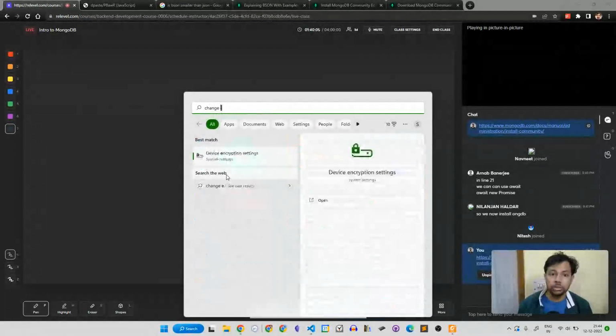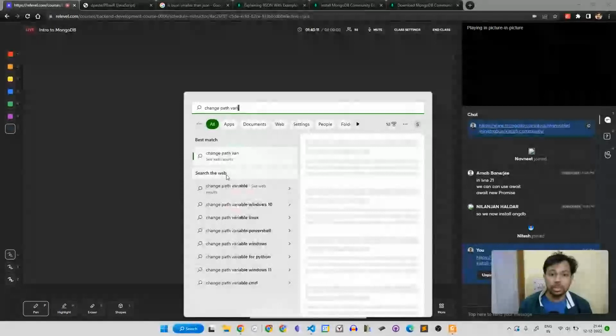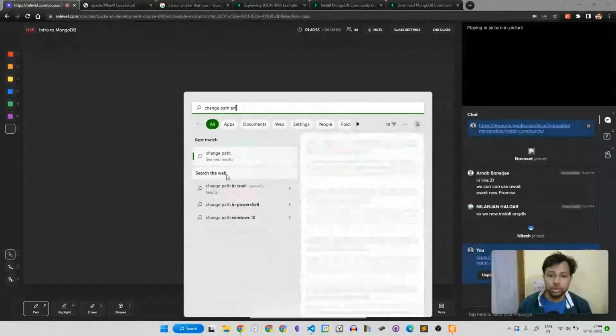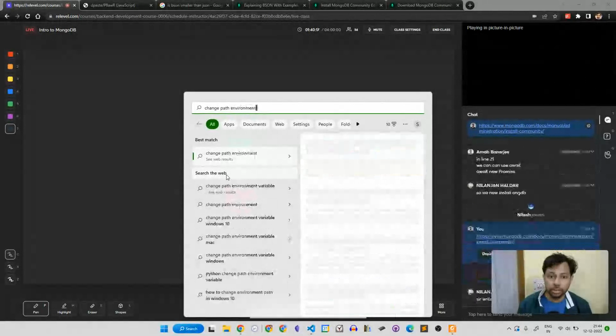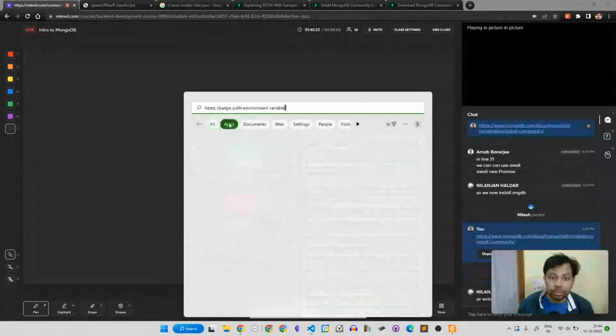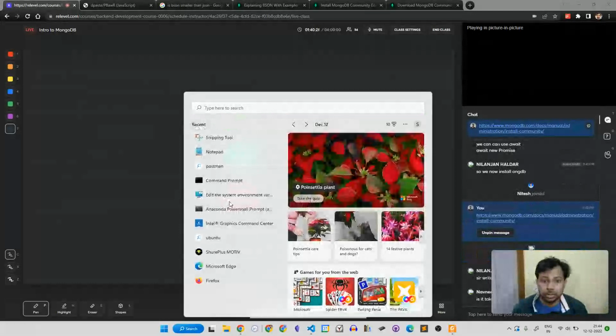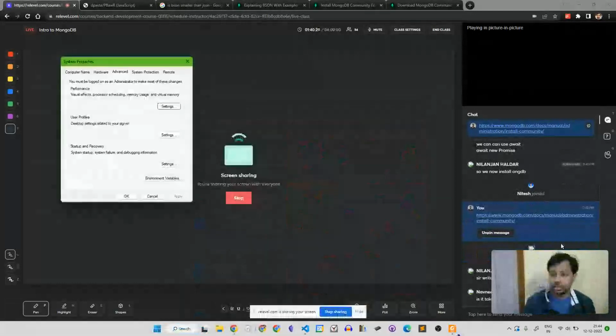Sorry, change the path variable. No, change environment variable. There is apps. Just click back. Yeah, edit system environment variable.